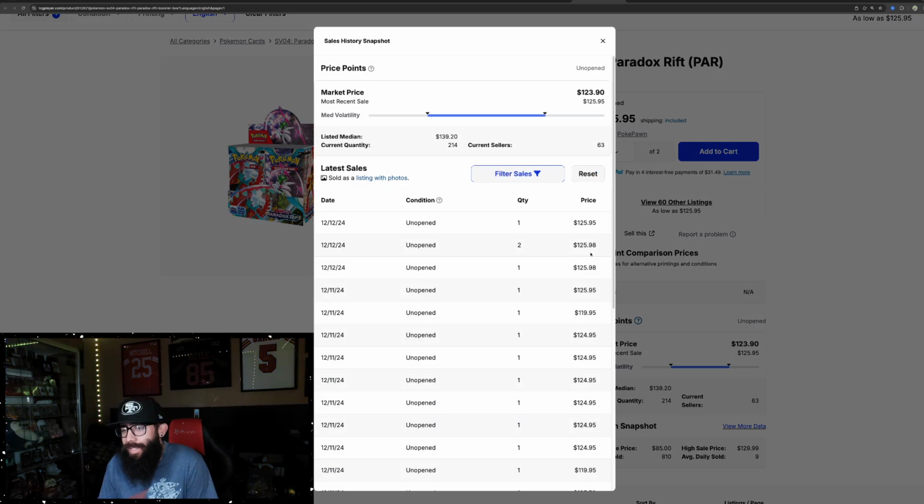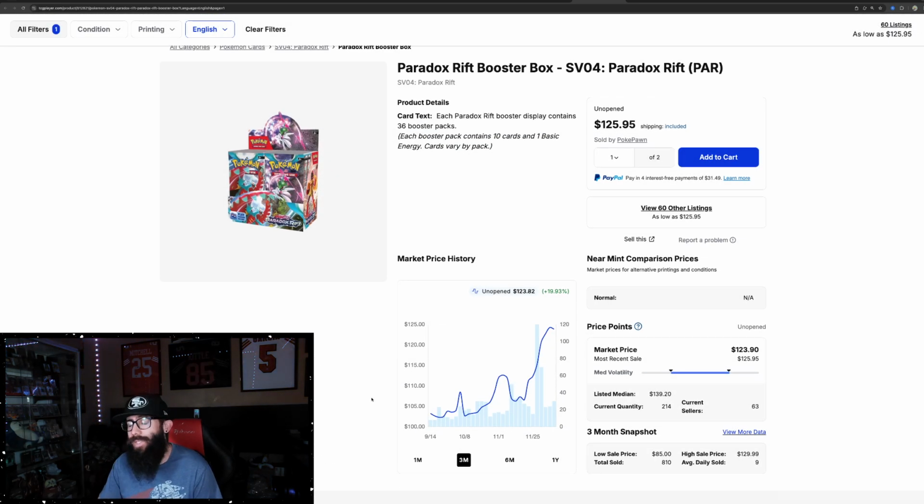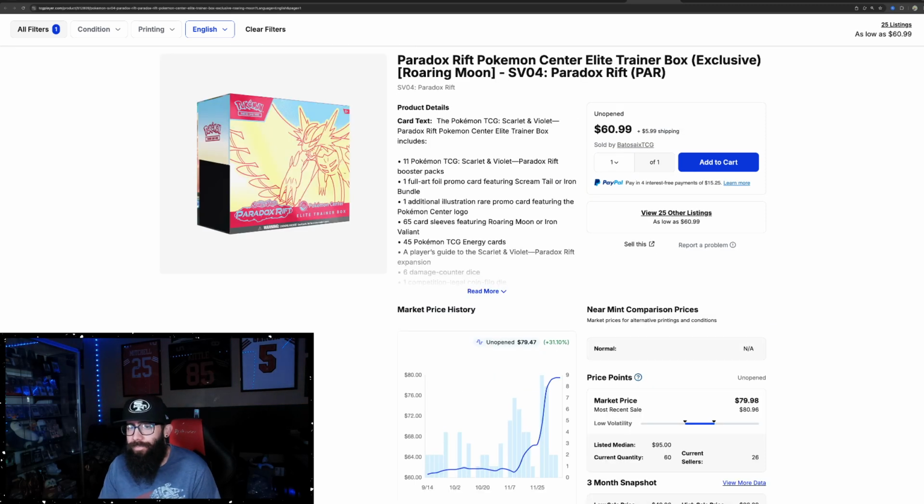Last sold's pretty consistent, 125s down the board, with a 119 thrown in there here and there. So yeah, it's nice to see some of these boxes getting up in price just a little. So this is the Pokemon Center ETB. Now, I'm not saying that this is, okay, this could be a play